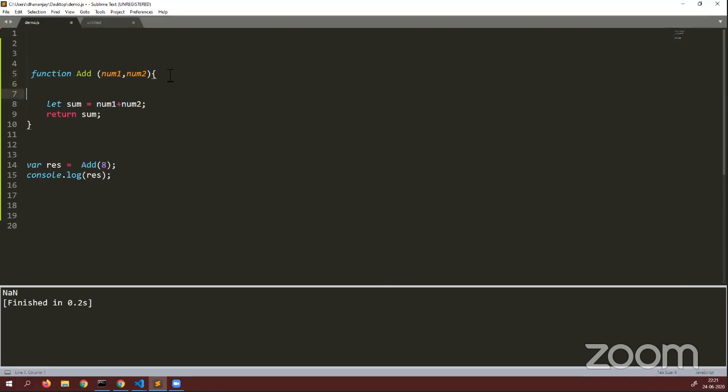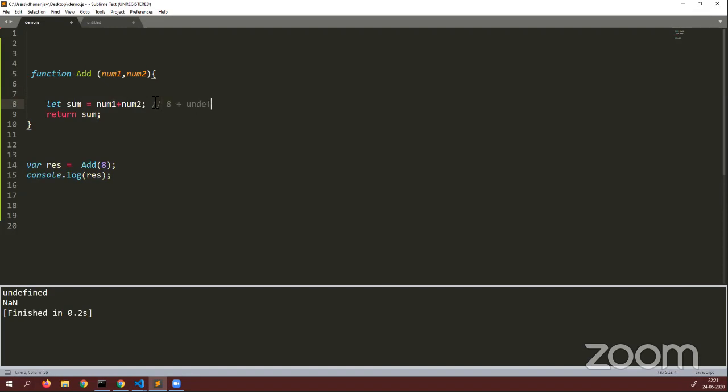In JavaScript, a missing value is called undefined. So if you print the value of num2, it would give you undefined because you're not passing that value to num2. Now, what we are actually trying to do in line number 8